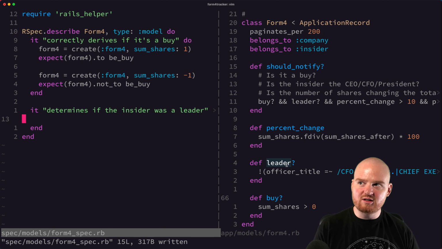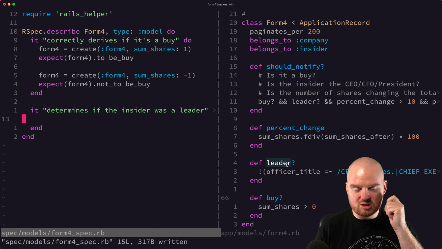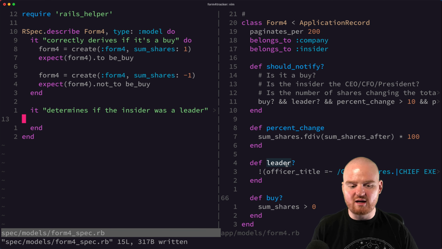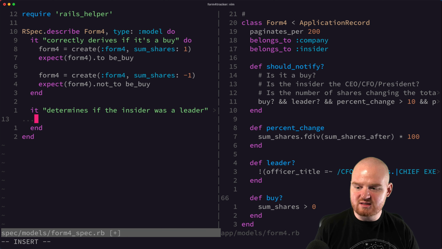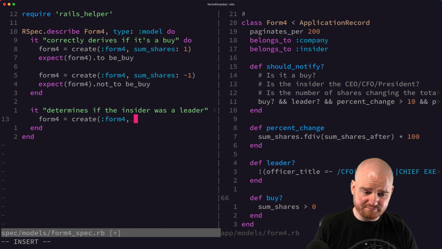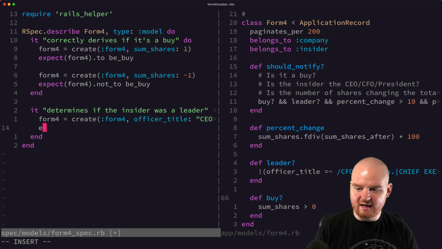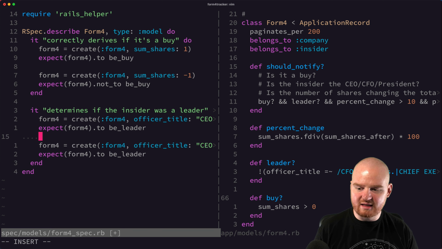And so rather than tracking the officer's title on the insider itself, we want to use the Form 4, which is sort of a snapshot in time of when they traded. And here in this case, we want to control officer title. So here we're going to say form4 is equal to create Form 4, where the officer title is maybe CEO, and then we want to say expect form4 dot to be leader,